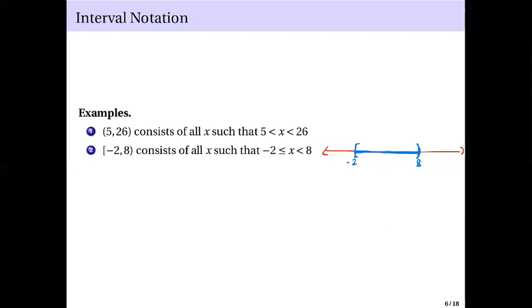Next, here you have negative infinity to 1. So this consists of all real numbers x less than or equal to 1. Okay? And then graphically,